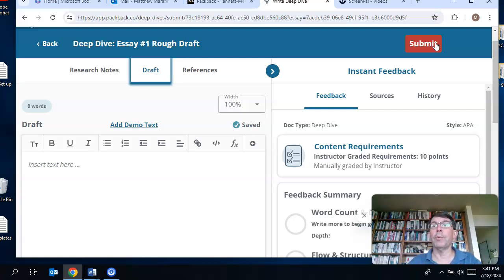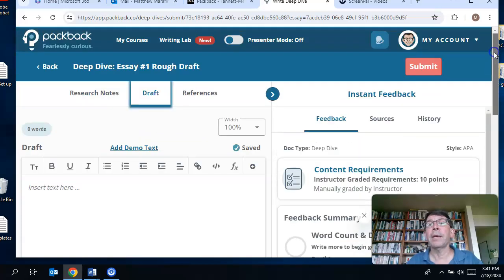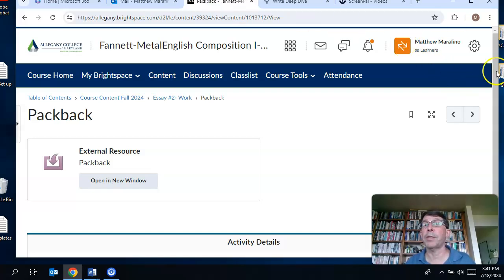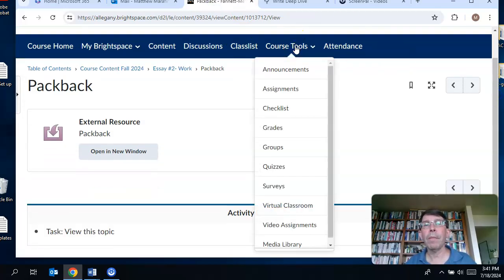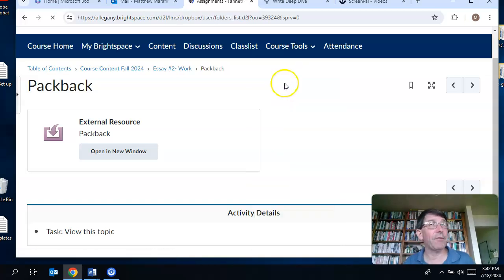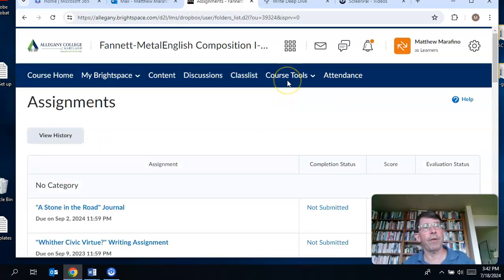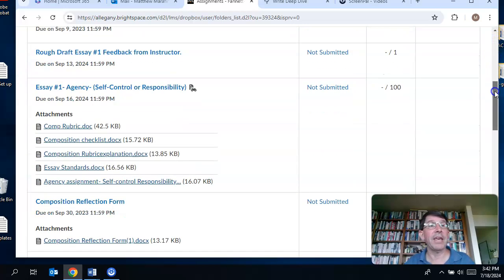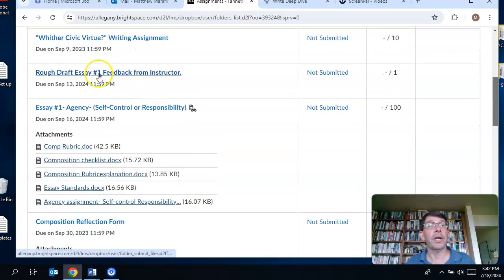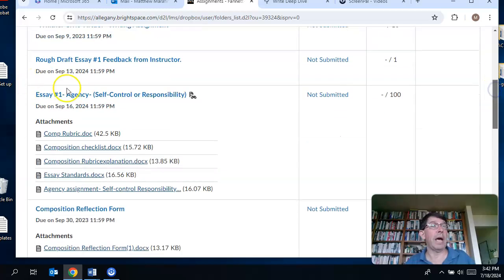Now, let me show you. I can leave notes. I can't do anything here because nothing's submitted. I can give you notes on Packback, but what I'll probably end up doing is giving you feedback on Brightspace. So we're in Packback right now. I'm going to click up here, Brightspace. So here we are in Brightspace. After I've looked at the rough draft and given you feedback, if you click on assignments and scroll down to rough draft number 1,